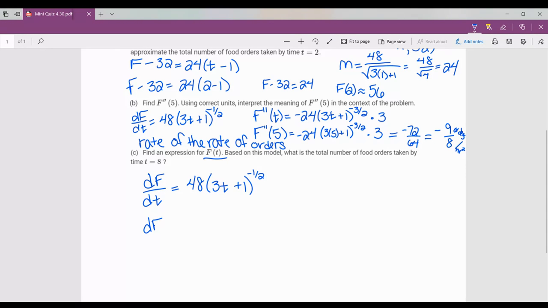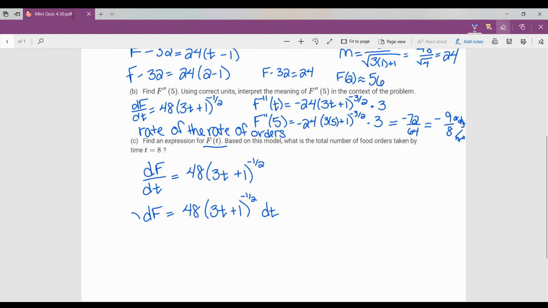So df equals 48 times 3t plus 1 to the negative 1/2 dt. Now I have the variables separated. And now here's the deal. I would need to use the chain rule. Remember, I just did it up there if I were taking the derivative. So if I'm taking the antiderivative,